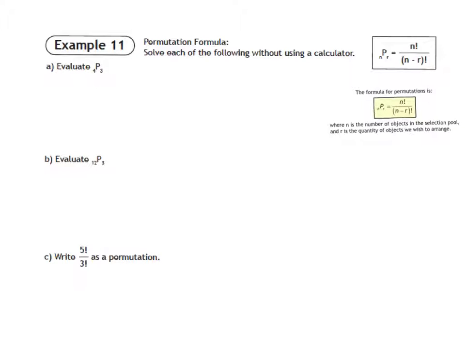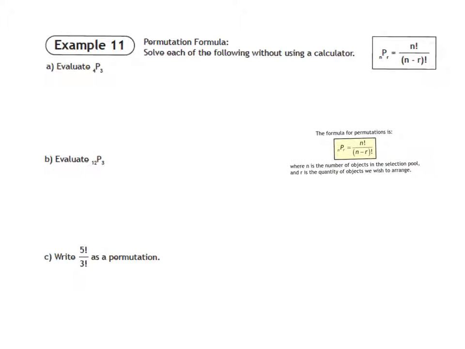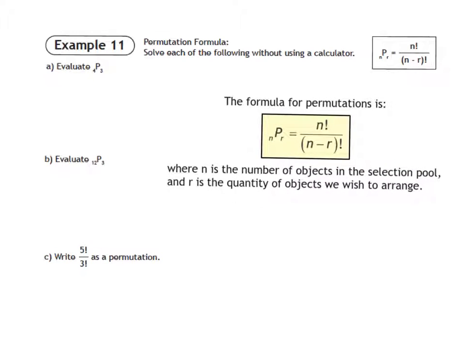What we're looking at here is the permutation formula. And the formula looks like this. You see it here. The formula for permutations is nPr, so n pick r, is equal to n factorial over (n minus r) factorial, where n is the number of objects in the selection pool and r is the quantity of objects we wish